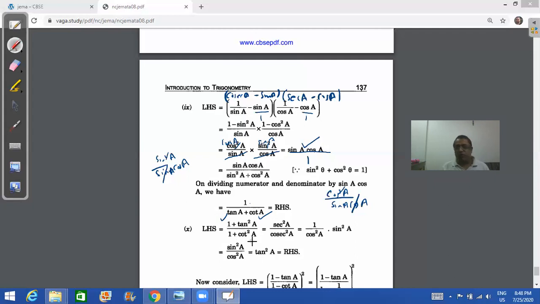So (1 plus tan square A) upon (1 plus cot square A). This is an identity: 1 plus tan square A is sec square A and 1 plus cot square A is cosec square A. This is the identity, you are already aware of this. Now after this,